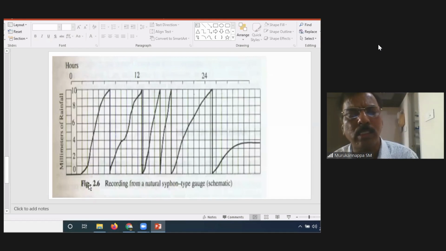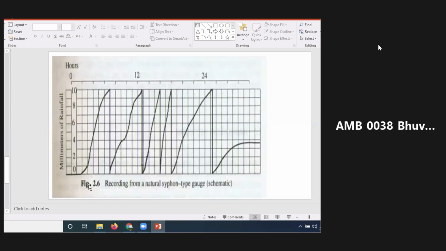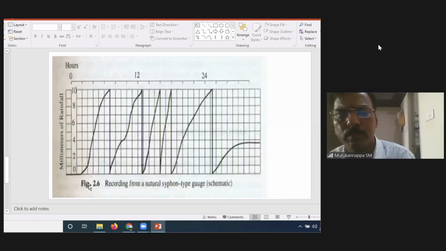What is the intensity for 1 hour? Sir, not audible properly, sir. Is it audible now? Yes, sir. Okay, if it is 1 mm for 15 minutes, then converting this intensity to 1 hour, that is 4 mm. In this way you have to calculate, and all these details are not necessary. I just wanted to give you a hint of how it happens. Is it clear, all of you?